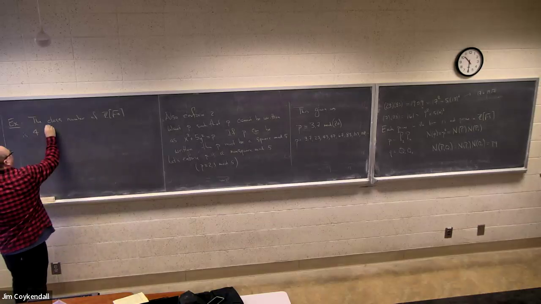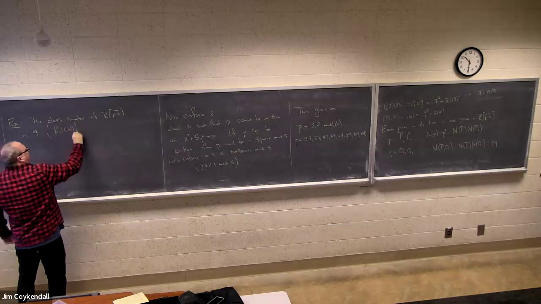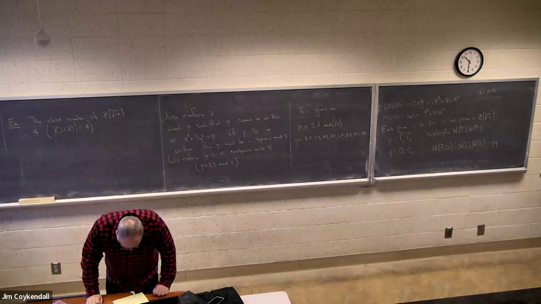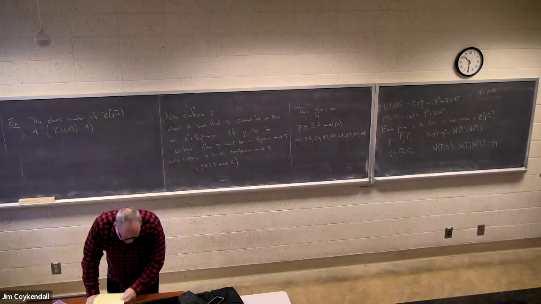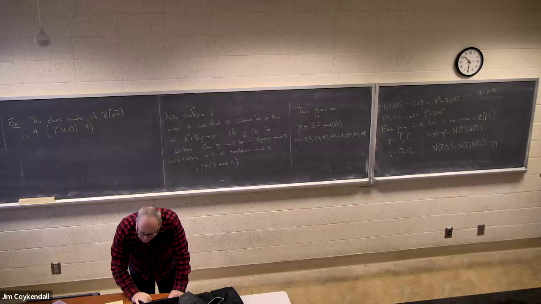It's 4. So my first question here is, if I know the order of the class group is 4, up to isomorphism, how many groups are there of order 4? There's 2, so that means that,